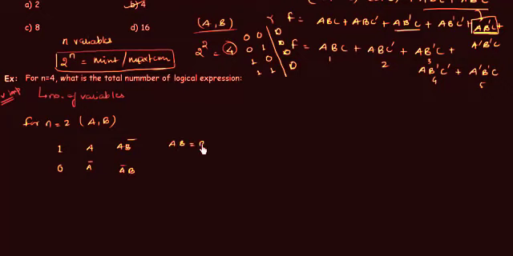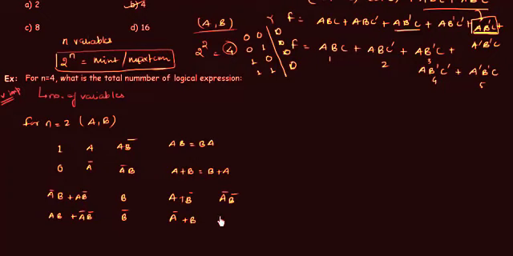And you cannot write BA as an independent case because AB is equal to BA. This is the mistake most students make in this type of problem. The next thing is A or B, and again B or A is the same as A or B. Then we have A complement B or A B complement, and A B or A complement B complement. You can also have B or B complement, A or B complement, A complement or B, A complement, B complement, A complement or B complement. So these are the possible logic expressions that we have from the two variables.